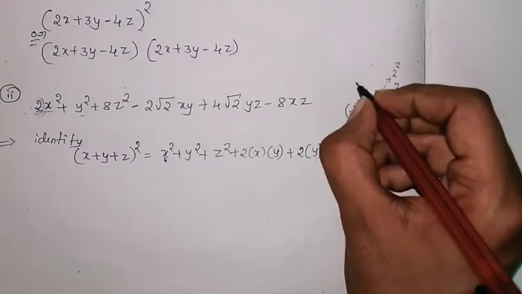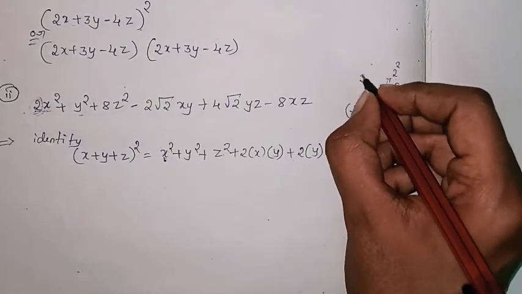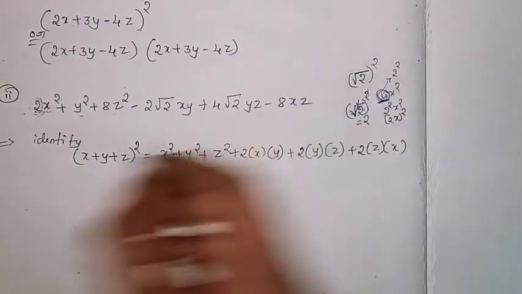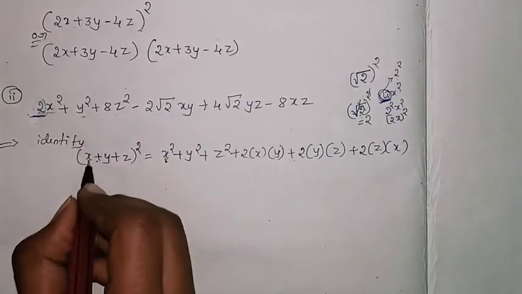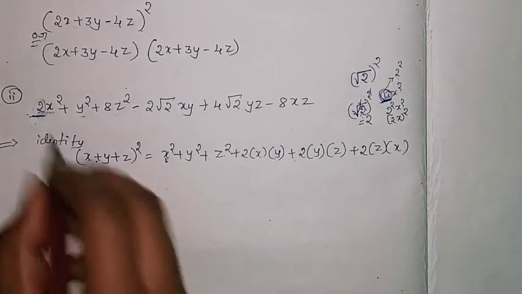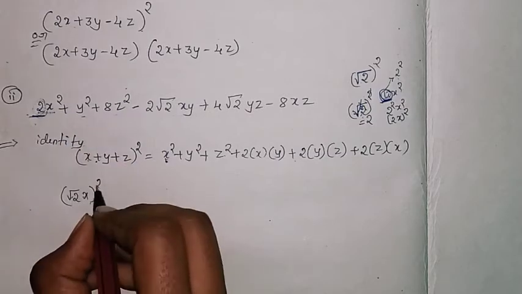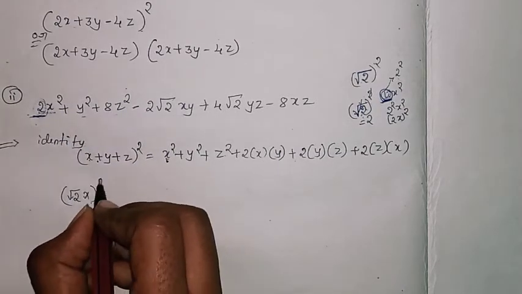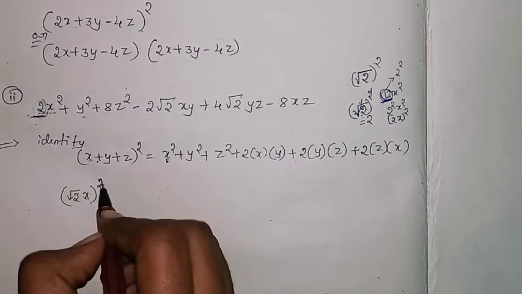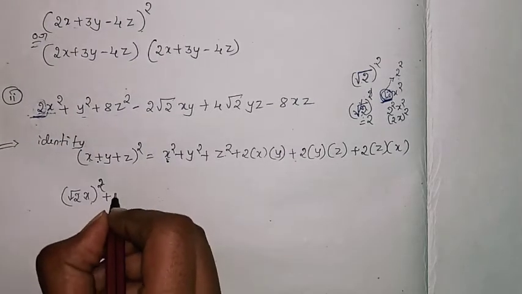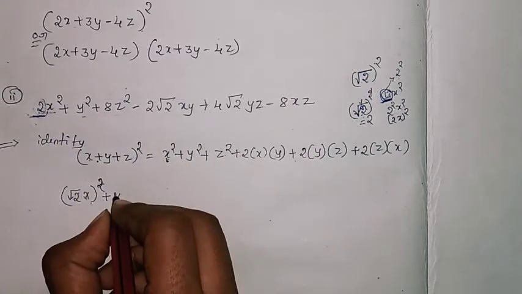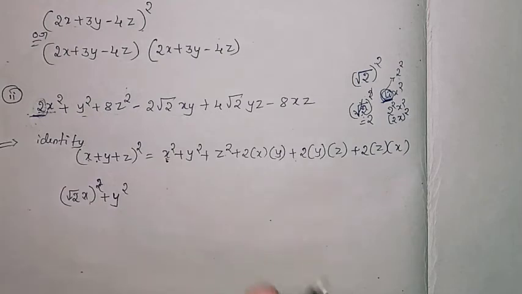So to get root 2 as the answer, you have to do square root of 2 square. That's the reason I will write here square root of 2x whole raised to square. Check whether it is the same: square root of 2 square, the square and root get cancelled, then the remaining is only 2. So we can say this is right. Then x into square is x square, plus the second term, the y square. Here the y square term we'll keep as it is.